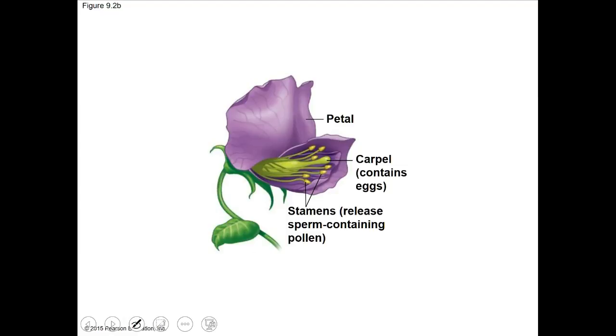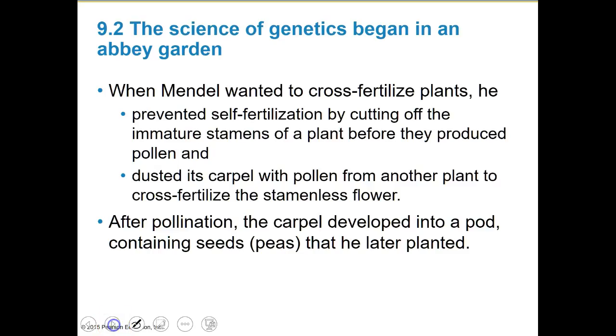So if you see, this is kind of where the eggs are, and this is where sort of the pollen is, or the sperm-containing parts. They're close together and sort of enclosed. So self-pollination is a thing that happens. Okay. So when Mendel wanted to cross-fertilize plants, he prevented self-fertilization by cutting off immature stamens of the plants before